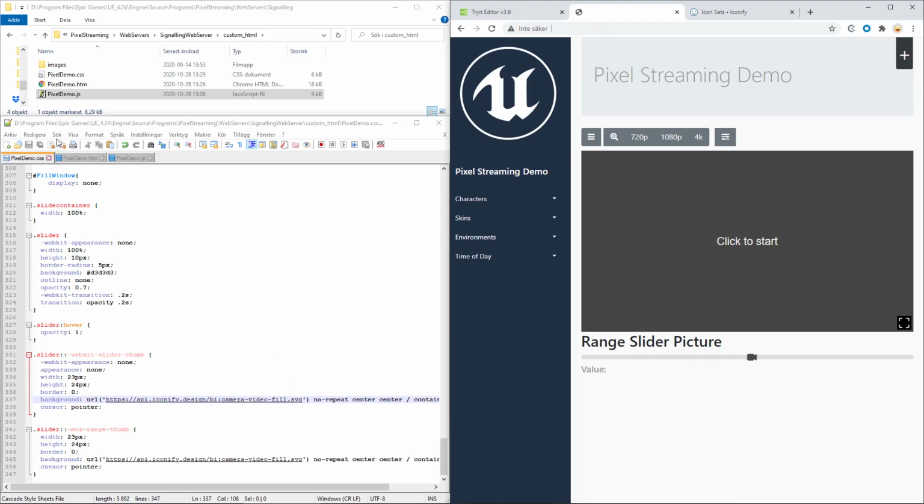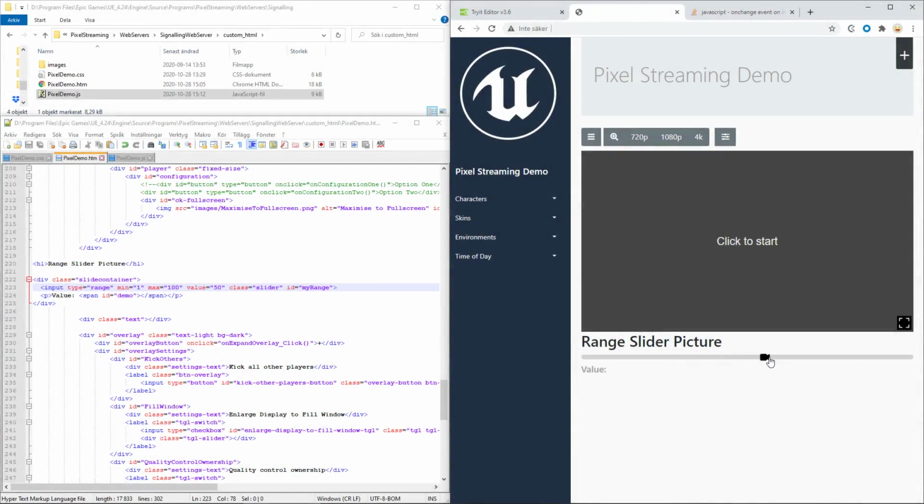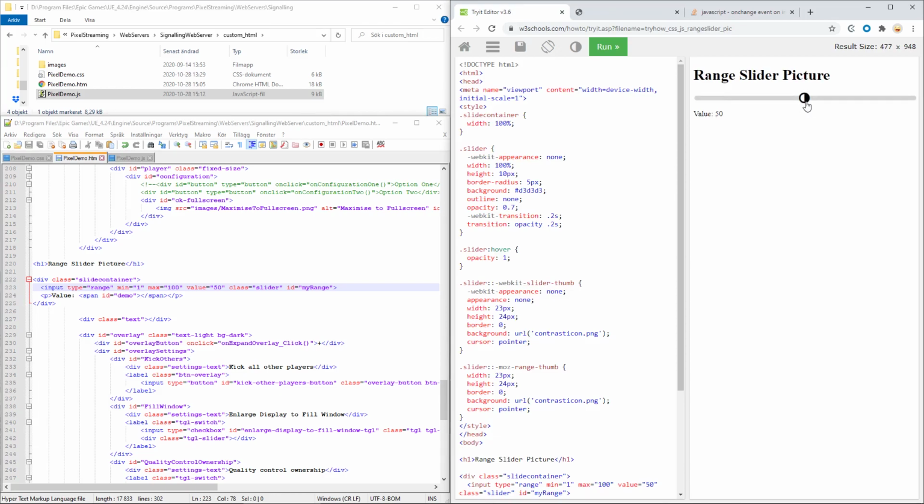Let's start off with the JavaScript next. When we set up the slider correctly here on the website, you might notice that the value down here isn't being updated, or there is no value at all. Now, you can see in the example that there is a value here, but this is because this is entirely based off the JavaScript that is taken from the slider value, or the range of this.